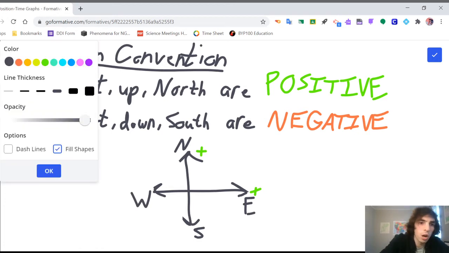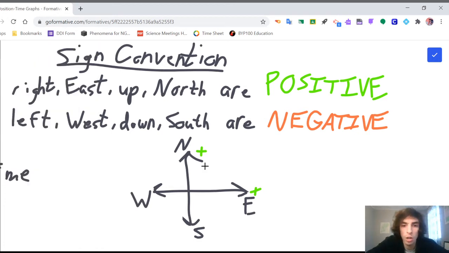And so our negative numbers on a y-axis in math class we know would be down, and our negative numbers on the x-axis would be to the left, and then on the compass rose, that's our west and our south. So I just wanted to quickly point that out as the origins of these general arbitrary sign